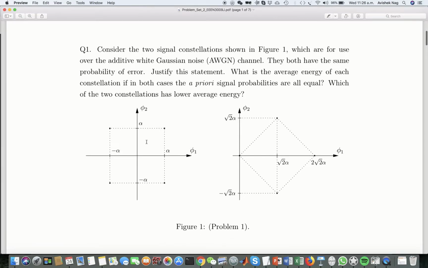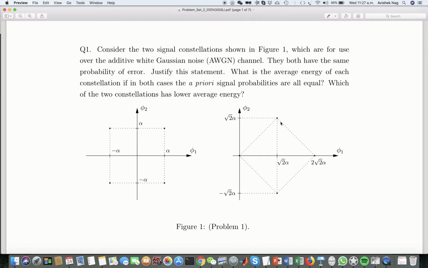So if you look into the constellations carefully, you can see that between two signals, the distance is twice alpha. So it's pretty straightforward from the first constellation. So this one is plus alpha, this one is minus alpha. So the distance between these 2 points is 2 alpha. And in this case also you can see that the distance is 2 alpha between these two signals,